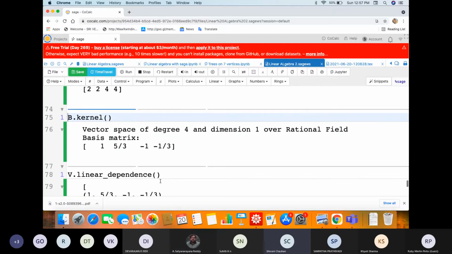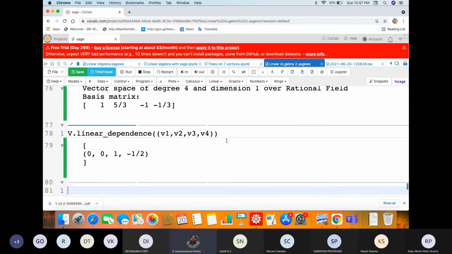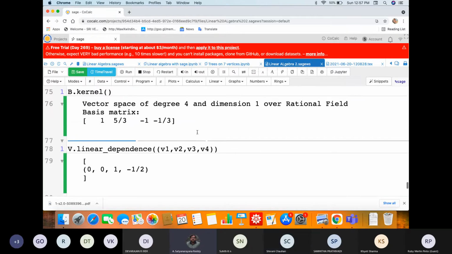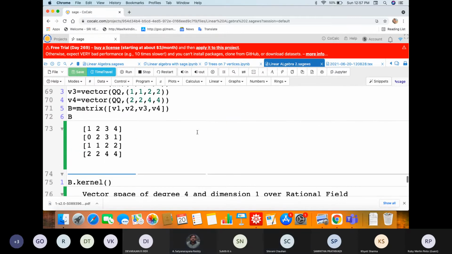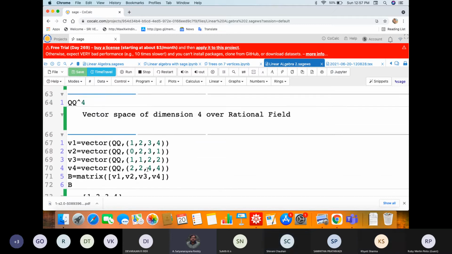Okay, next, you were saying V1, V2, V3, V4. Can we check directly whether they span or not? It is giving a different answer now: 0, 0, 1, -2, right? Because now the rows are changed.